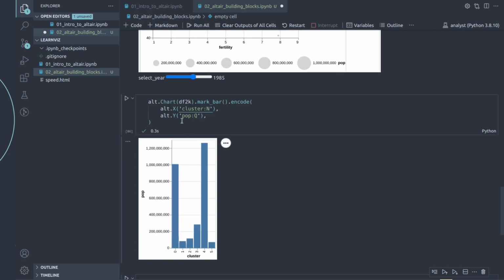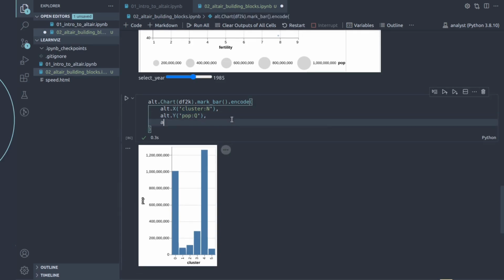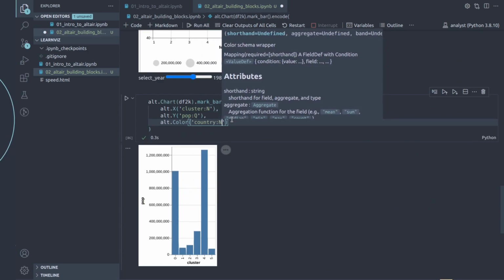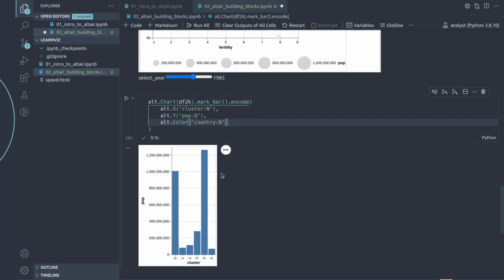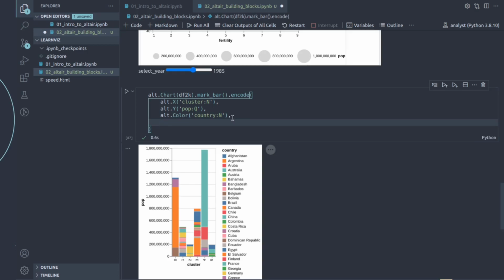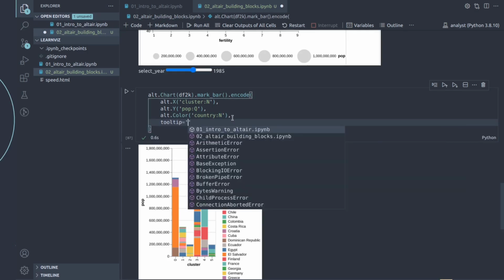But on top of this cluster and population, I could actually layer my colors. I could say that for each one of these bars, I want a color to map to something. For example, I could say alt.Color, and I will have this be my country. So now it's going to break each one of these bars and apply a country to it. Let me run that, and so you see all of the colors, the countries. Let's actually have a tooltip so we can see that better, and you could say tooltip equals country,